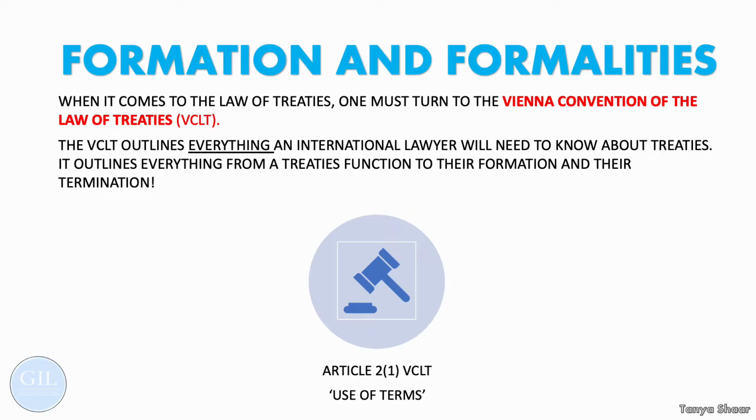In terms of the formation of treaties, the VCLT shifted the traditional thinking. Whereas traditionally, the emphasis in treaty law was equivalent to that of freedom of contract, the Vienna Convention introduced constraints and controls that had not previously existed. This meant that states could no longer enter any treaty on any terms under any circumstances, but needed to comply with strict formalities. However, before we turn to looking at these formalities, it is important to look at Article 2.1